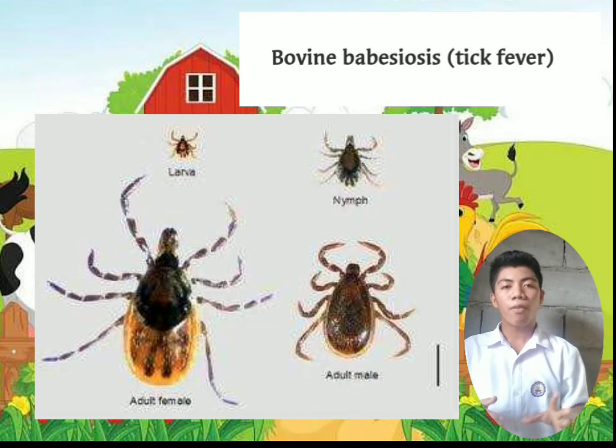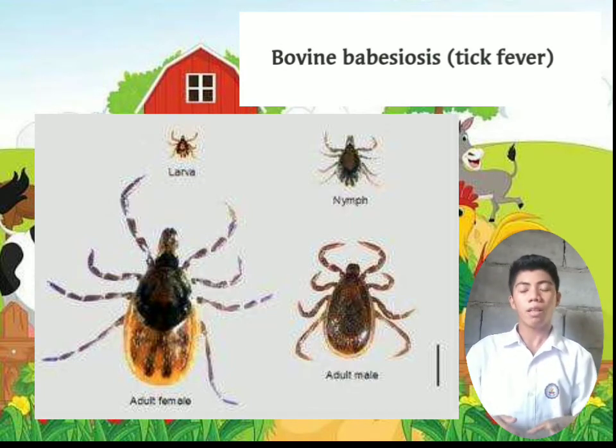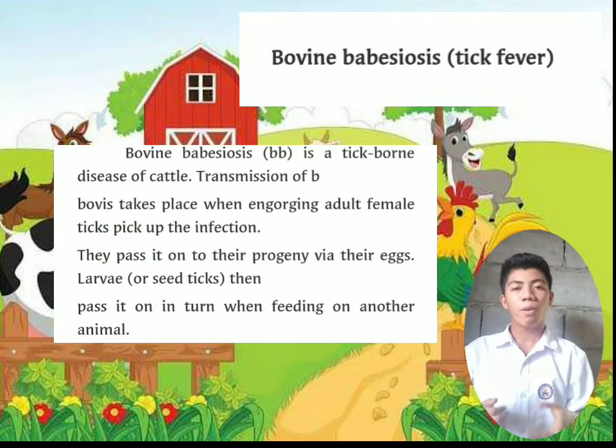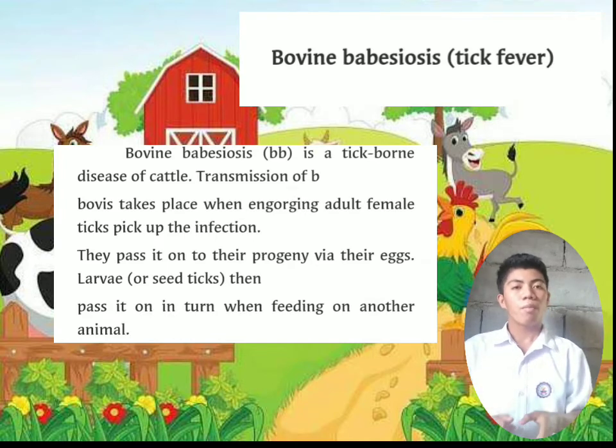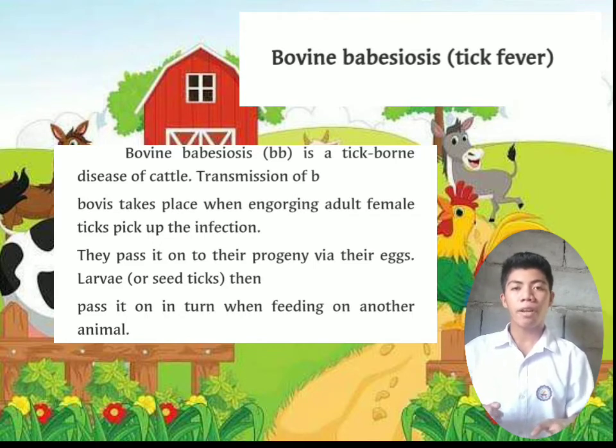Last one is bovine babesiosis, or tick fever. Bovine babesiosis or BB is a tick-borne disease of cattle. Transmission of BB takes place when engorging adult female ticks pick up the infection. They pass it to their progeny via their eggs, larvae, or seed ticks, which then pass it in turn when